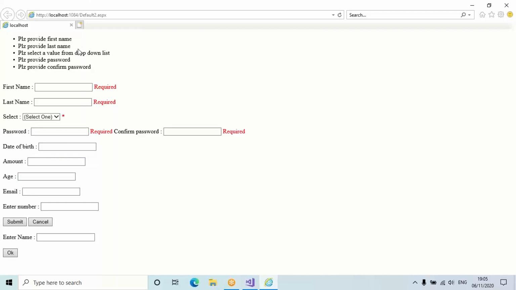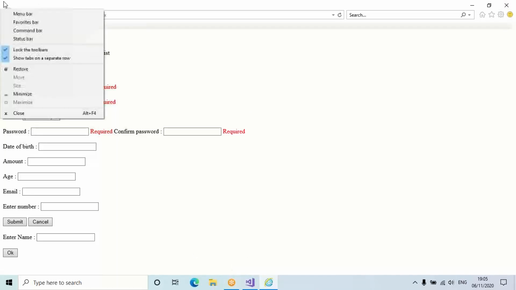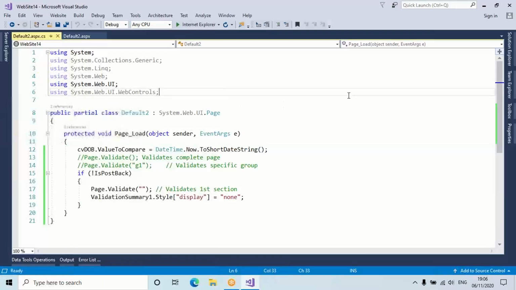And remember, whatever settings I have shown you now are only for Internet Explorer. For Chrome, a different approach is there. If you want to disable JavaScript in Chrome, then a different approach we have. And if you want to disable JavaScript in Edge, there is some other process that you can look into. That's it. Over. Validation control. This is how you're going to